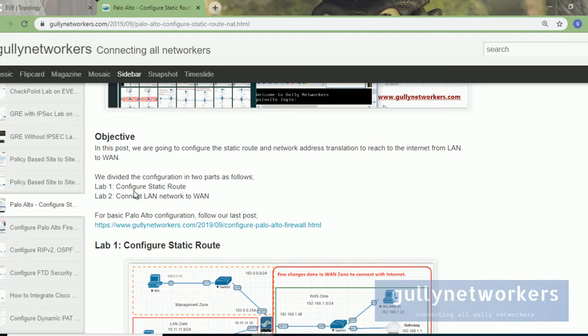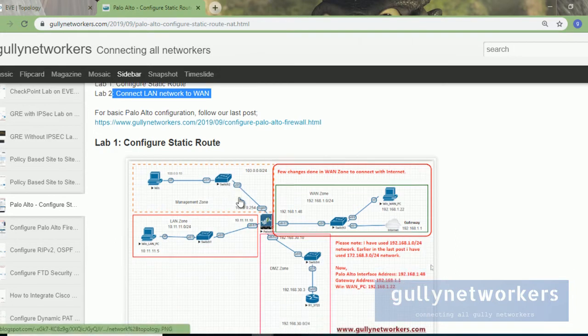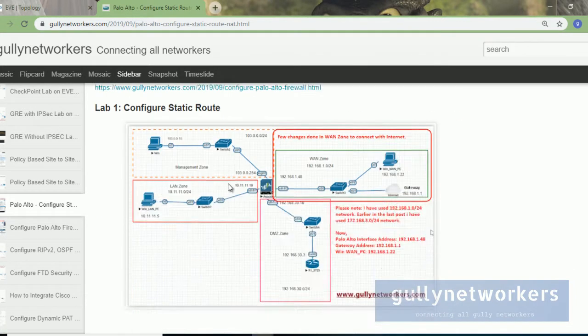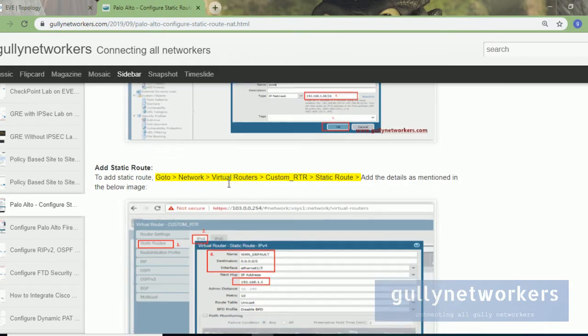We divided this task into two parts. First we configure the static route, then we connect the LAN network to the WAN. To do this we also need to create a rule and NAT. So, the first part, what we are going to do is